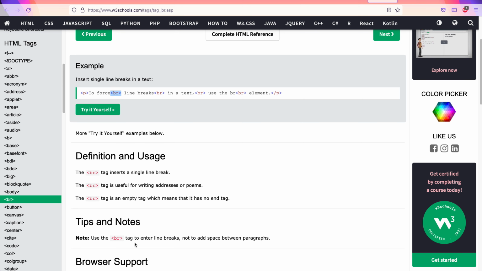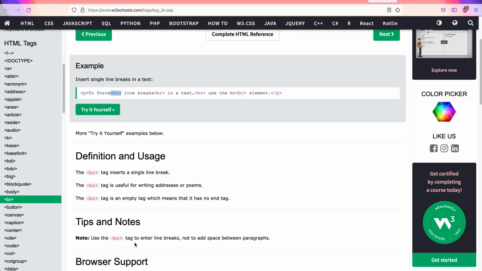It can be closed with a closing tag, but then the original definition of HTML apparently has BR as an unpaired tag, and that implementation exists in all browsers. Therefore, we don't really require to use an ending tag for a BR. It is an unpaired tag. Okay, so we just use one BR and it inserts a line break. Okay, it may not have an end tag. If you put an end tag, even then that's not an issue.